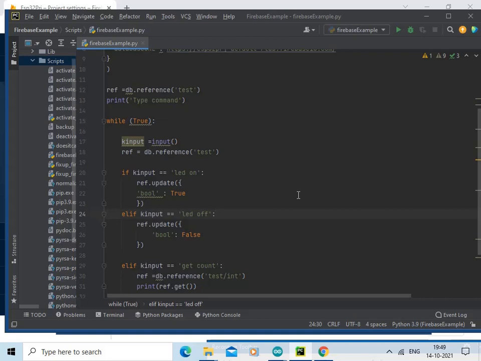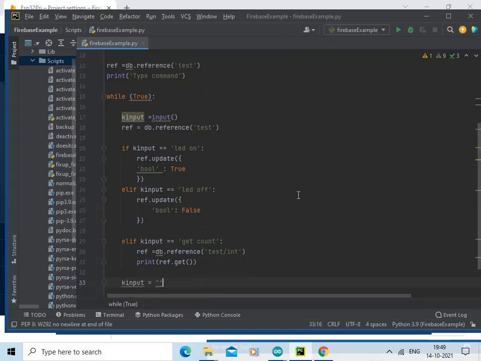If the K input or keyboard input is LED off, then we are setting bool value equal to false. And then if the keyboard input is get count, then we are trying to get the count value from the int variable of the database test. So this is the coding part of the Python code.